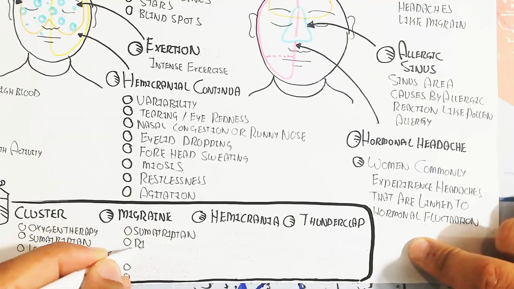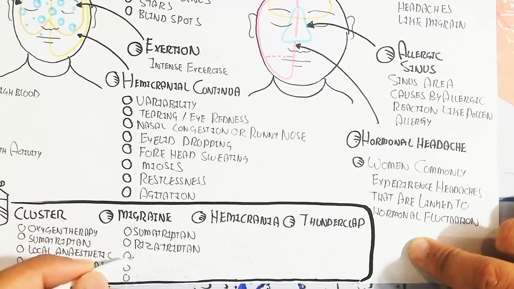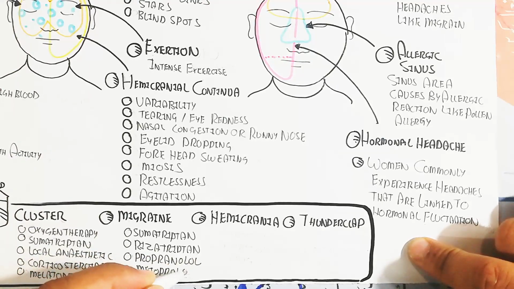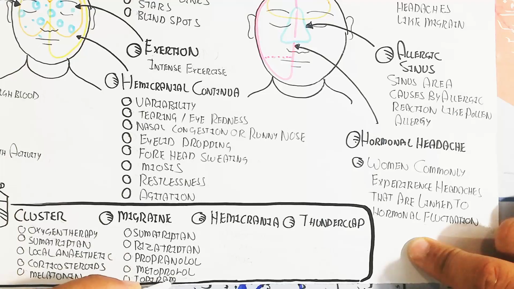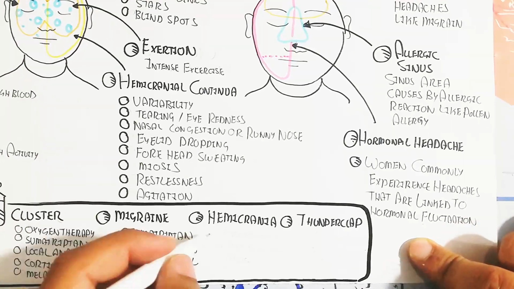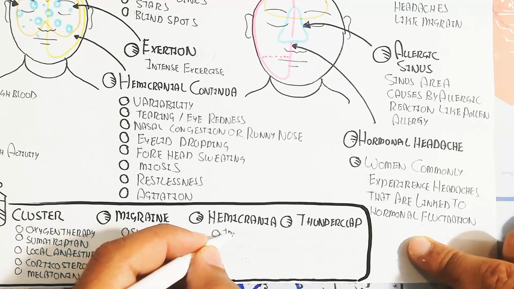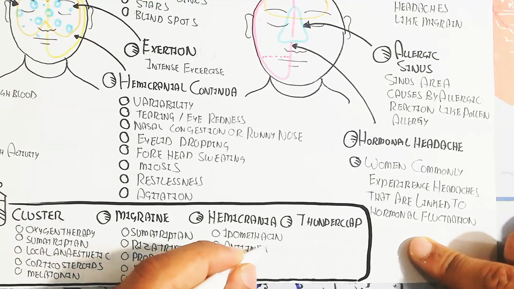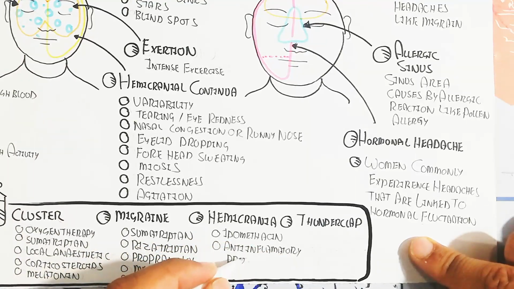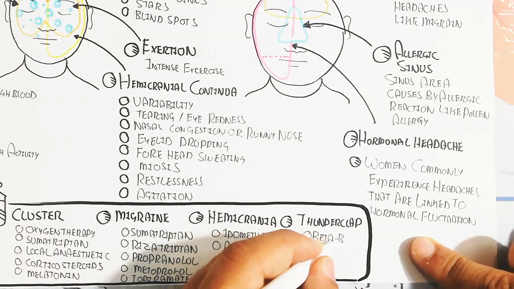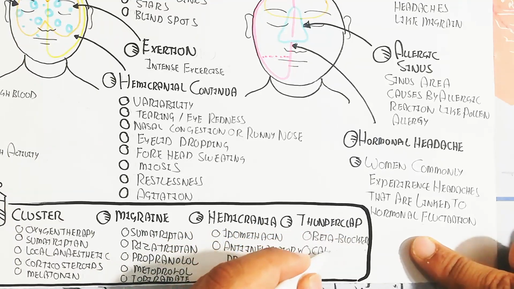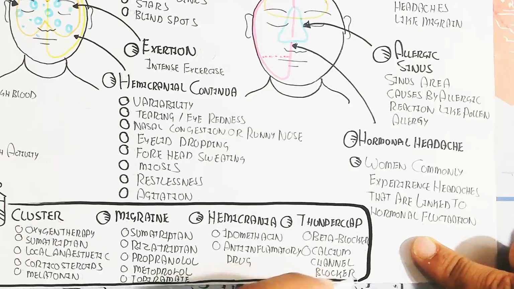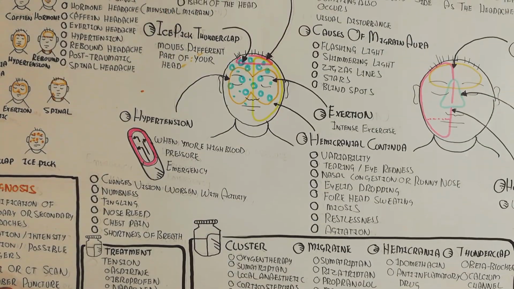On the other hand, migraine can be treated with medication: sumatriptan and rizatriptan and propranolol and metoprolol and topiramate. Hemicrania is treated with indomethacin, an anti-inflammatory drug. On the other hand, the thunderclap is a migratory pain, and it can transmit between parts of the head. Beta blocker and calcium channel blocker are important for the treatment of thunderclap. So remember, this is our hypertension treatment, so that is why beta blocker and calcium blocker.